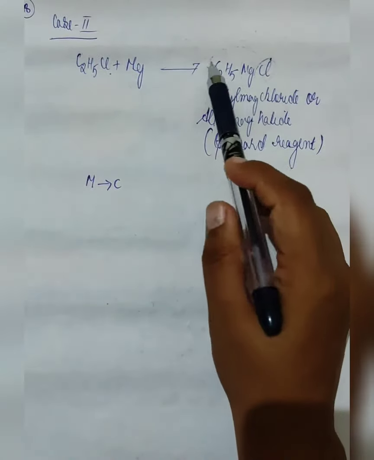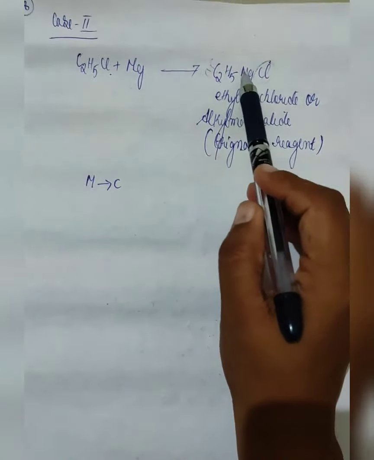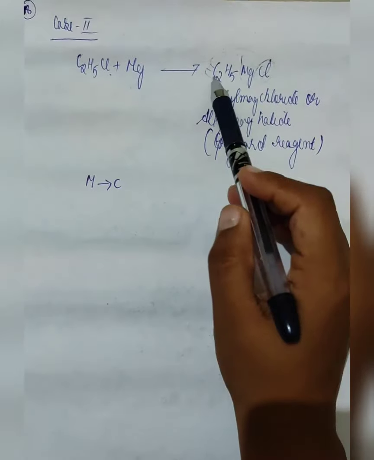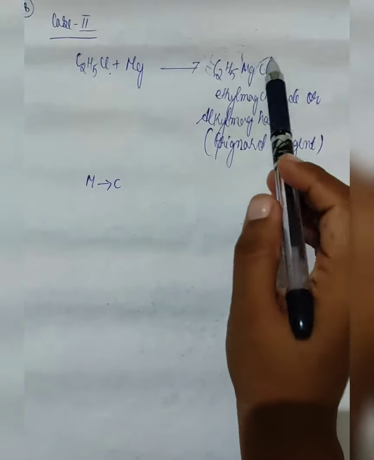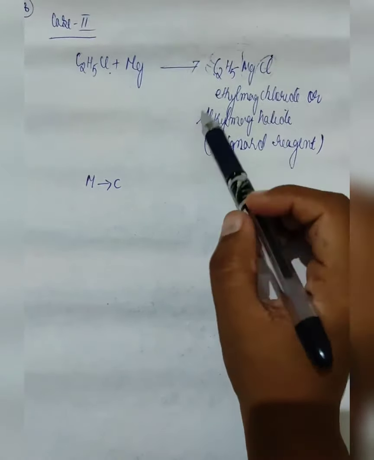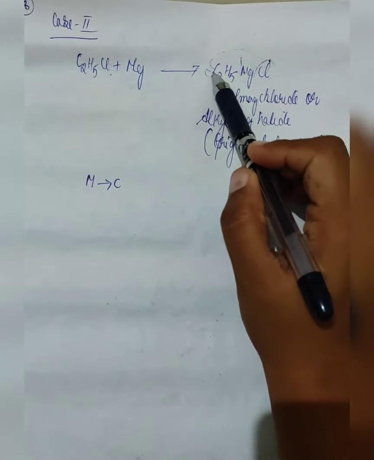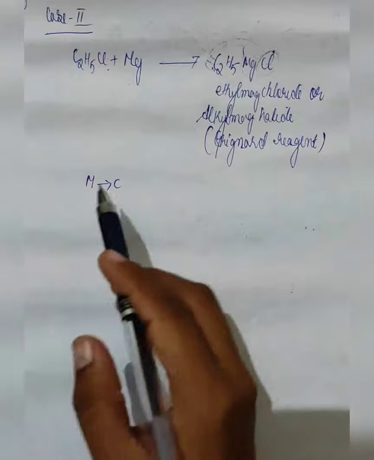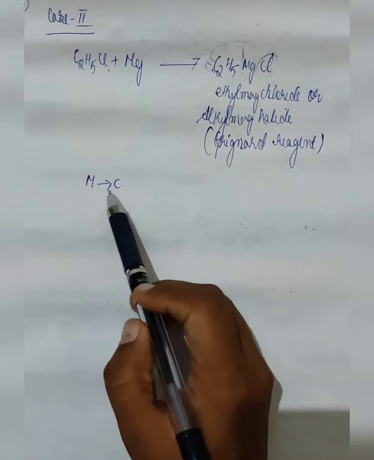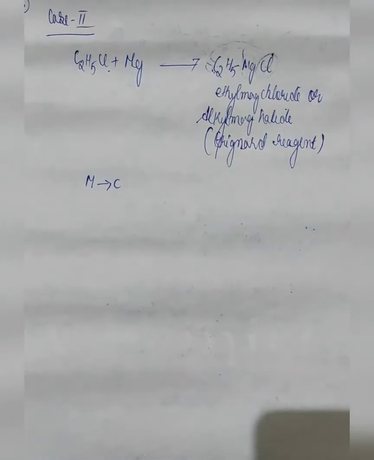No matter that we have written it in this manner, with Mg and Cl far away from carbon, the real structure consists of this alkyl and halogen attached to the metal. Even in the case of the organometallic, the first case, the metal will be directly linked to the carbon. Now let us see the third case